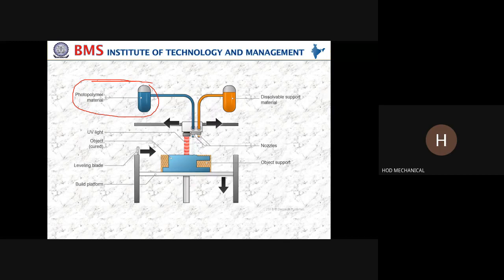Now just observe. You are dropping like this, and you go on dropping. It comes to the right side. After you have dropped, UV light is going to pass over that. Whenever the UV light passes over that, you get it solidified like this. And there is something that is very important: dissolvable support material. Just observe when the support material is going to be required. Now you want something like this.